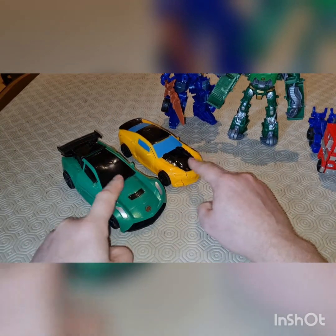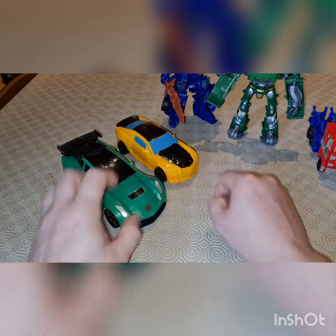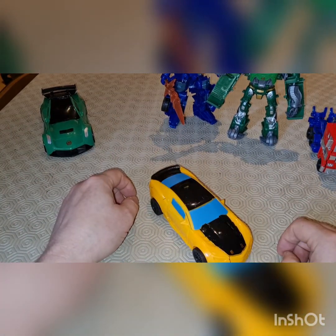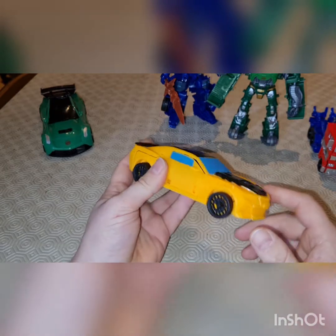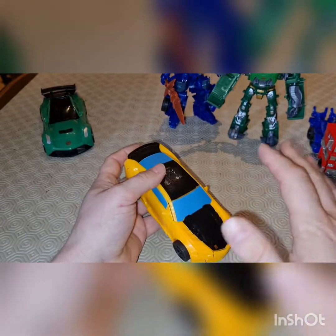Eeny meeny. Okay, Age of Extinction Bumblebee. Oh dear, oh dear. It's Age of Extinction Bumblebee. It looks like Age of Extinction Bumblebee. It is Age of Extinction Bumblebee. But nowhere near as good. And Age of Extinction Bumblebee was...